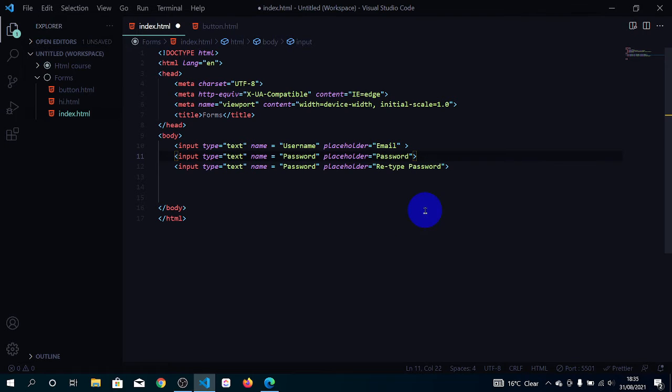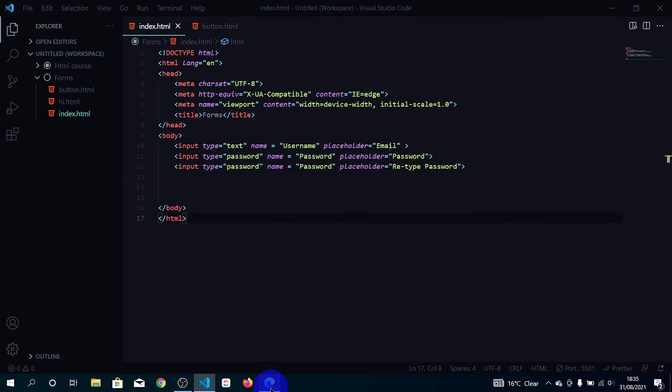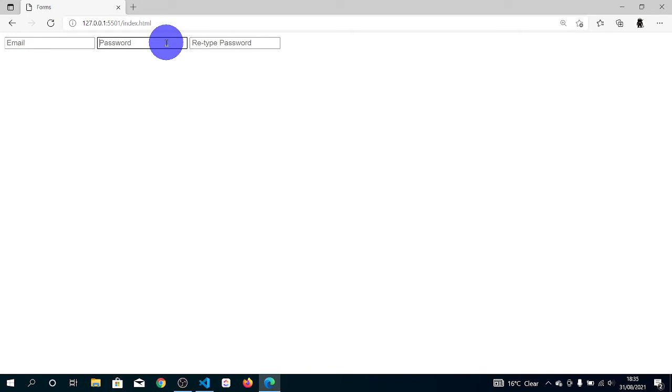First of all, we're going to come to our password field and add here, at the text part, type equals password. Once we have done that, we're going to do the same for here, password, and we're going to save that. We come back to our browser, and if we add any password over here, you can see no one can see it. And if you want to see it, you can click on this eye icon over here and you can see it. This is for this one and not for the email, because if you're adding an email here, as I have said over here,